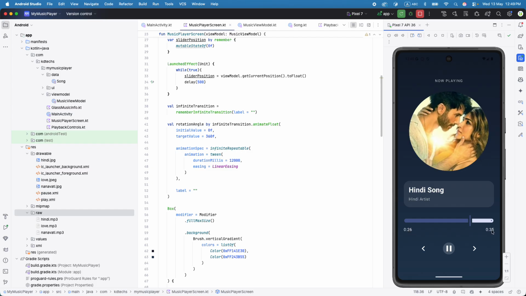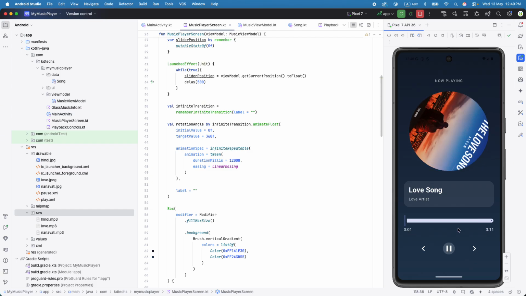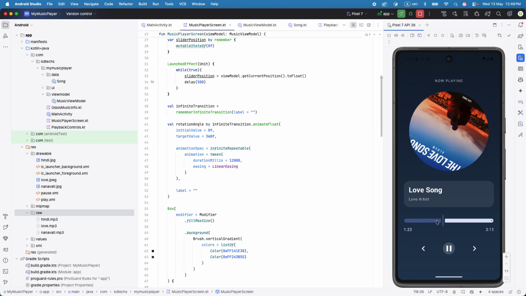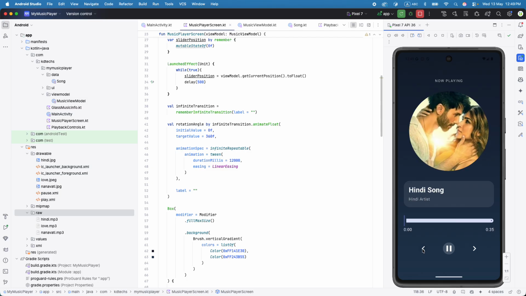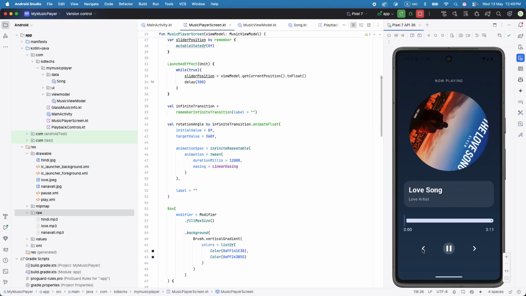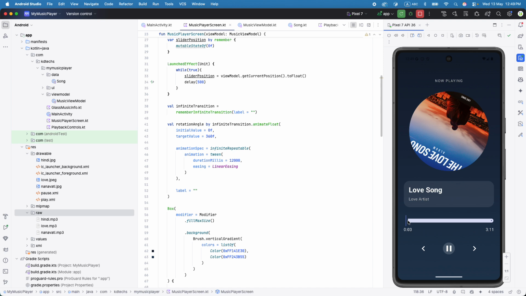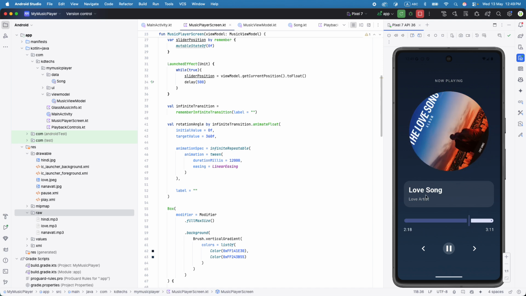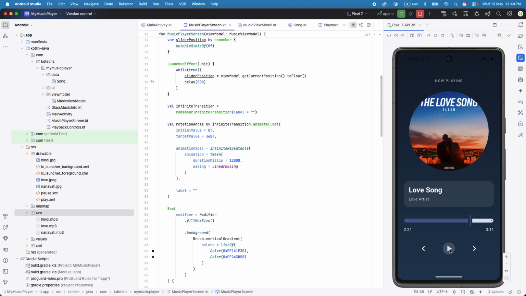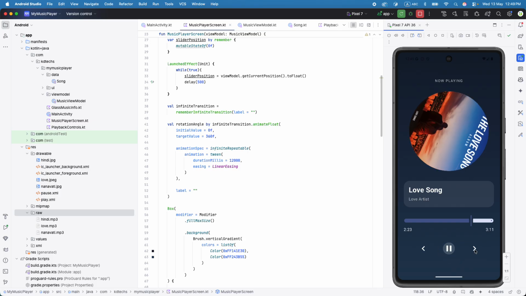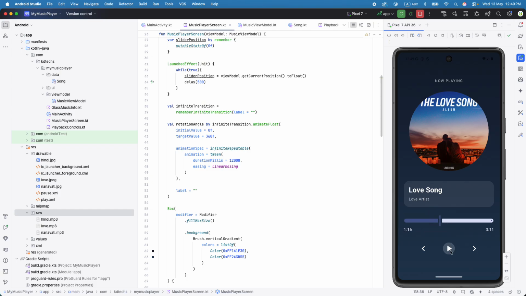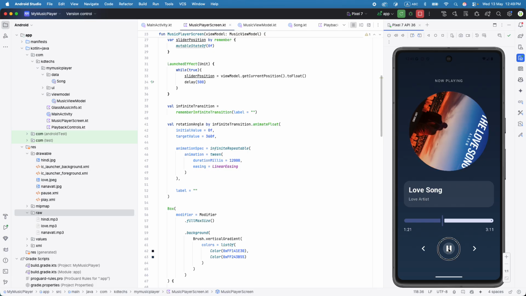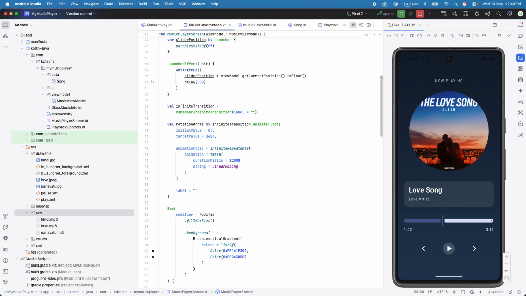You see the timing is working fine. And next button, go to the next song. You can bring the song or seek bar. You can go to the previous song, then again previous, and then if you go to the previous, it will come back, start from the last song. Okay, the artist and everything. Pause, play, next, previous, everything works fine. And the seek bar also, you can start from anywhere you want. Alright, so this is our